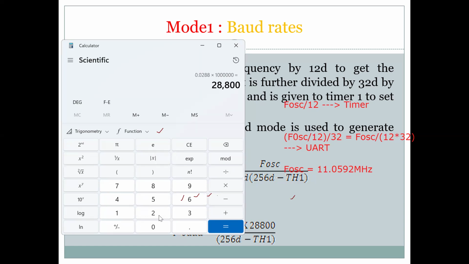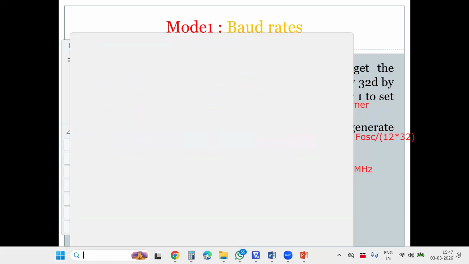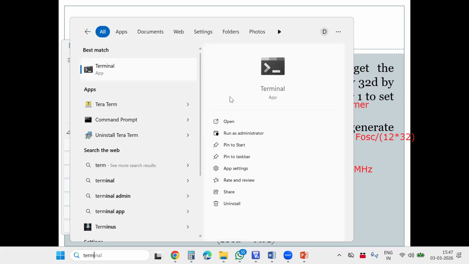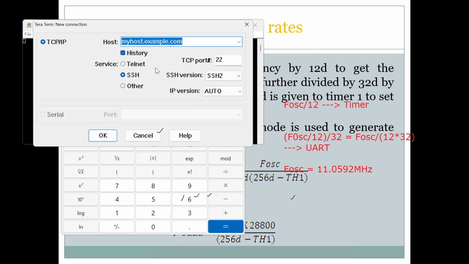So this is the operating frequency for UART, 28800. With this value, you can easily generate the actual serial communication baud rate. When we go with PuTTY or Teraterm or any type of serial module, if you see the baud rates that these are supporting, when I go with